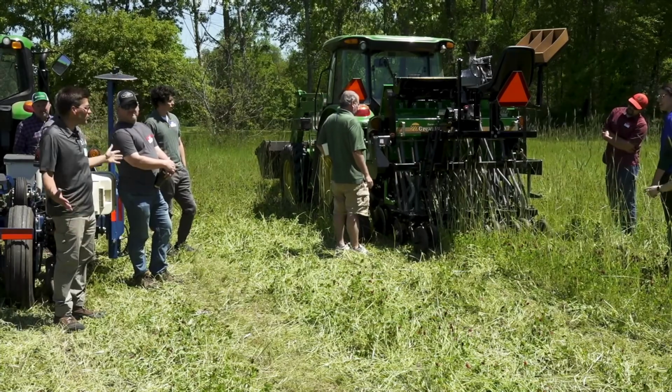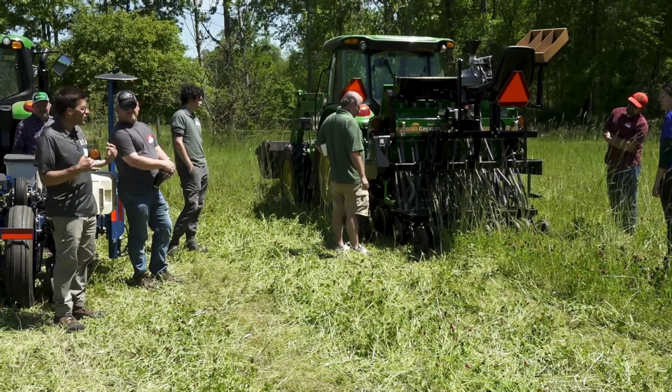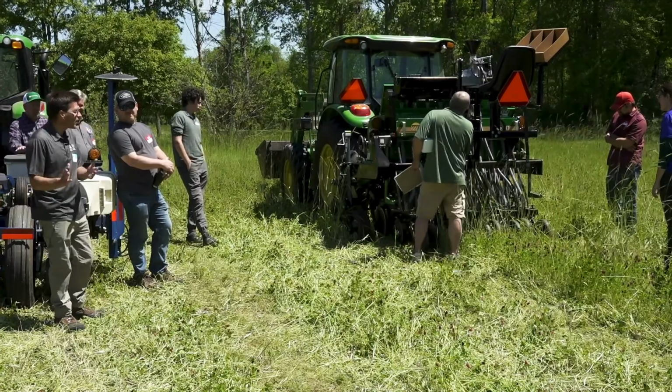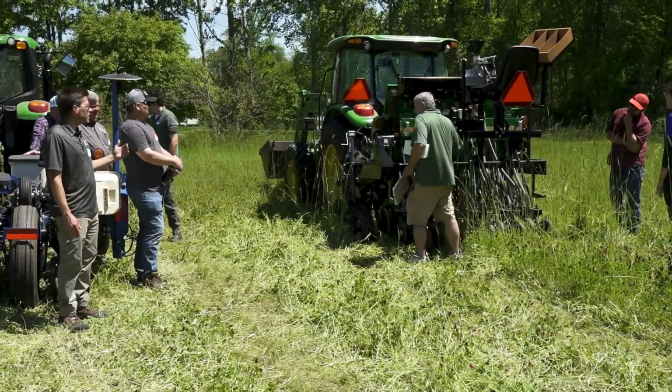We planted wildflower plots with that, and you have to have a lot of extra seeds to charge the box, and it doesn't start when you want it. When it doesn't start coming out when you want it, you've got to back it up and try to get it in the right spot. So it's not ideal for planting plots. Where this,